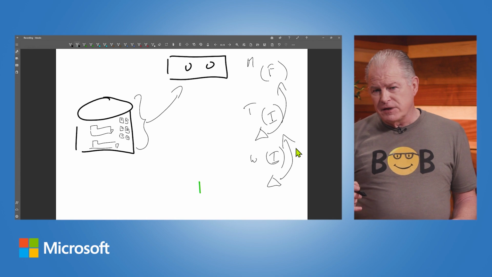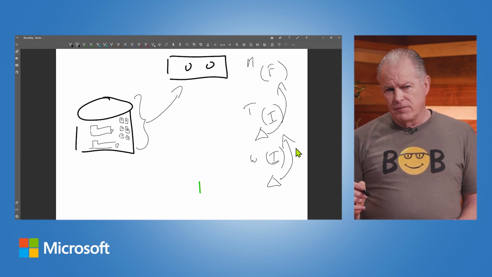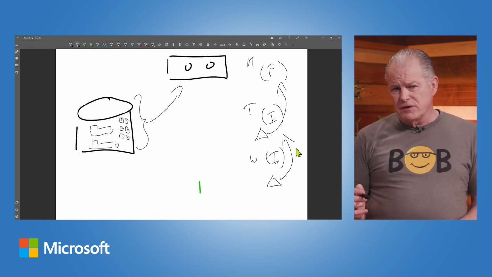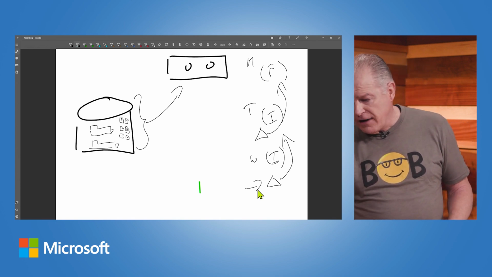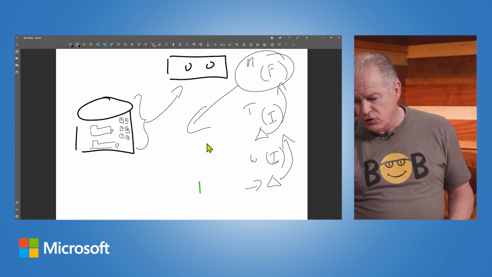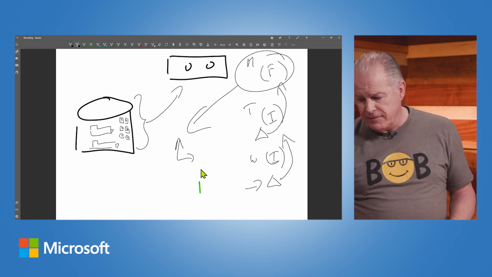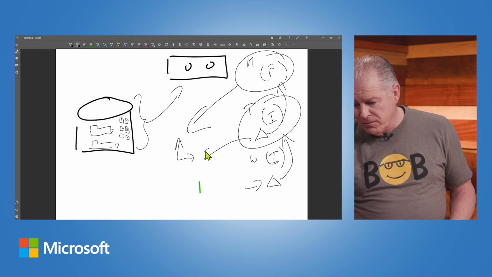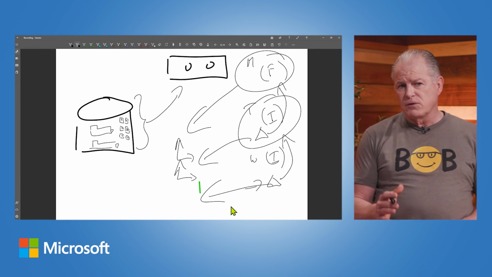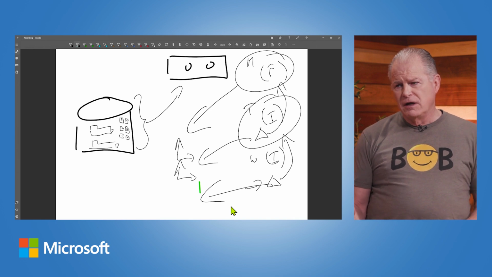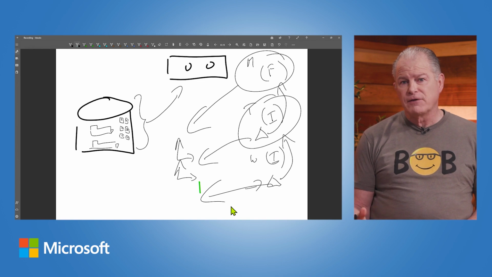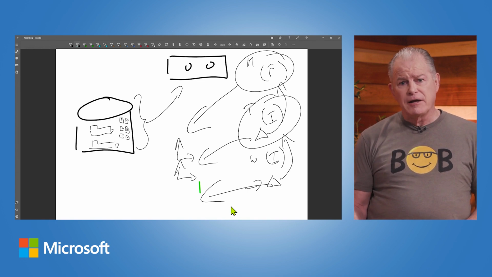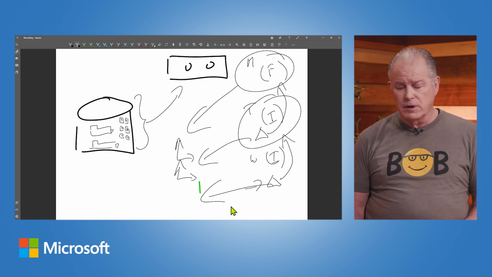But the problem with this is the time to recover. In the need to recover this information to Wednesday, my last backup, what I have to do is recover the last full, so that takes a period of time. I have to then recover the incremental, that takes more time, and then I can recover the Wednesday. So the time to recover might be longer than what you're looking for. So what you might have to do is do full backups every single day, because now I can just use the last full backup to recover this.